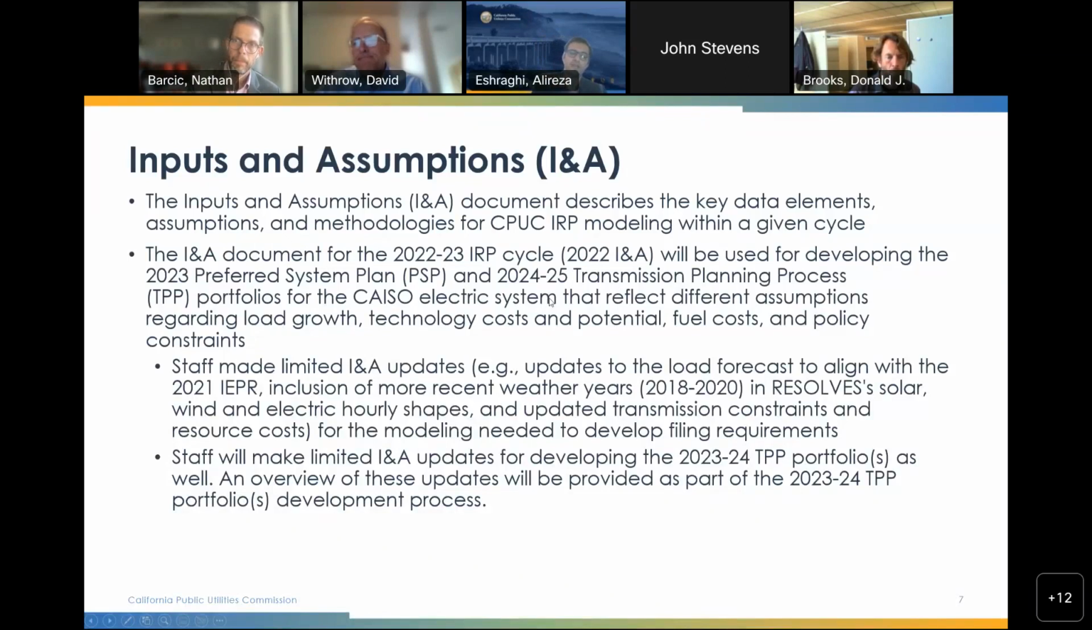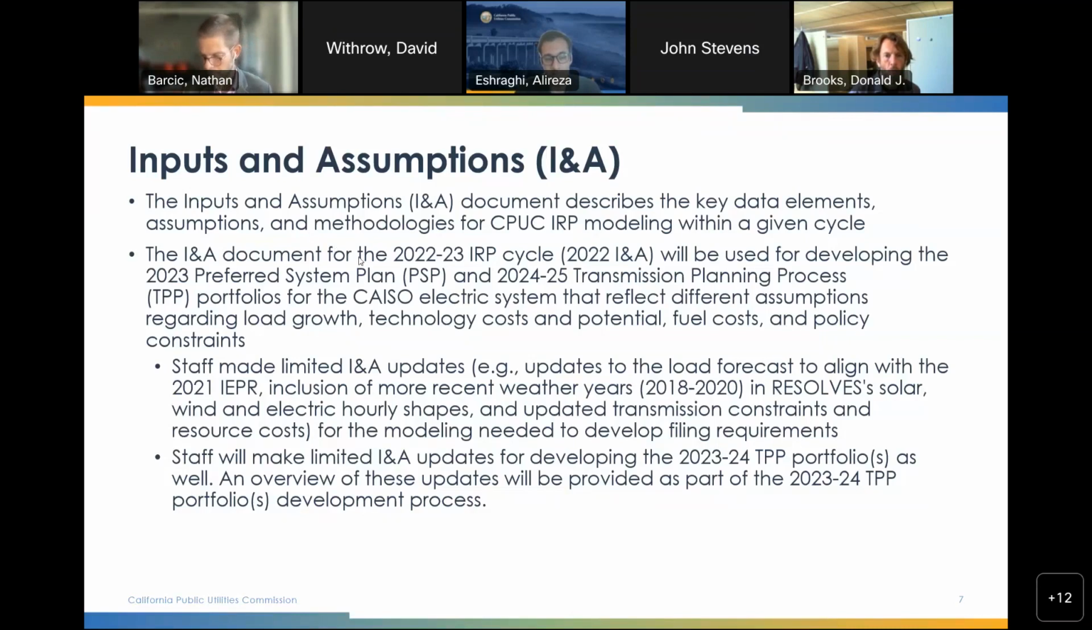So the INA document is a reference document that we use for IRP modeling within a given cycle. So last IRP cycle, we developed that in 2019. So this document basically describes key data elements, assumptions, and methodologies, including load forecast, baseline resources, candidate resources, resource costs and potentials, operating assumptions, policy constraints, etc. So basically, it's a reference book in IRP for all the modeling and portfolio development that we do in